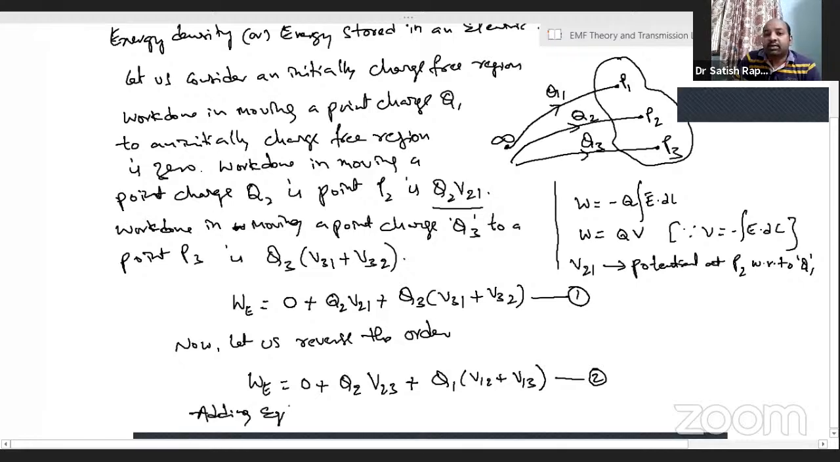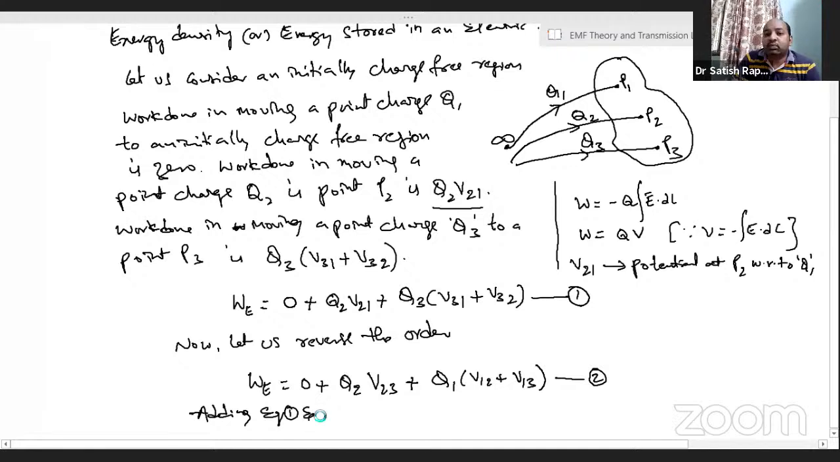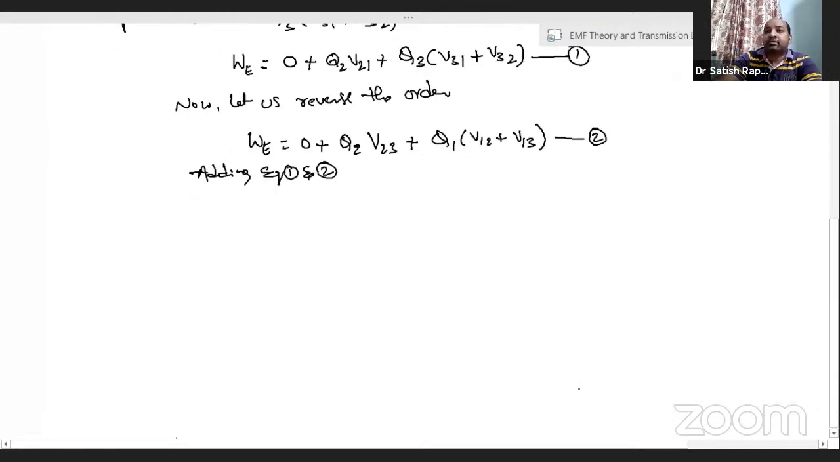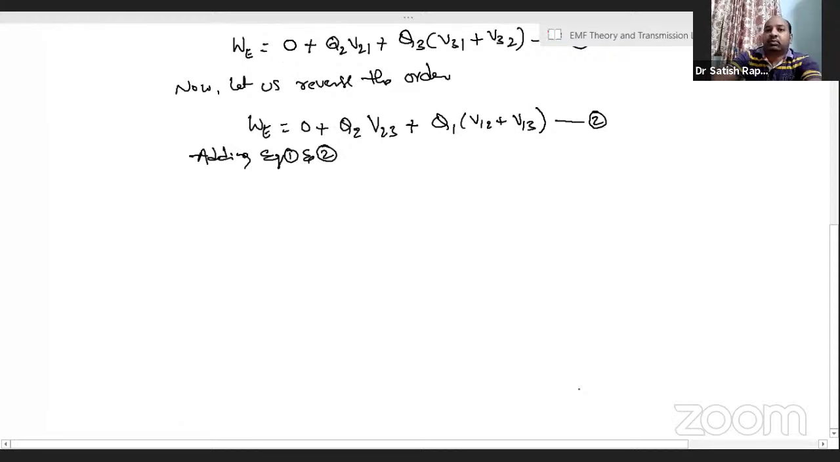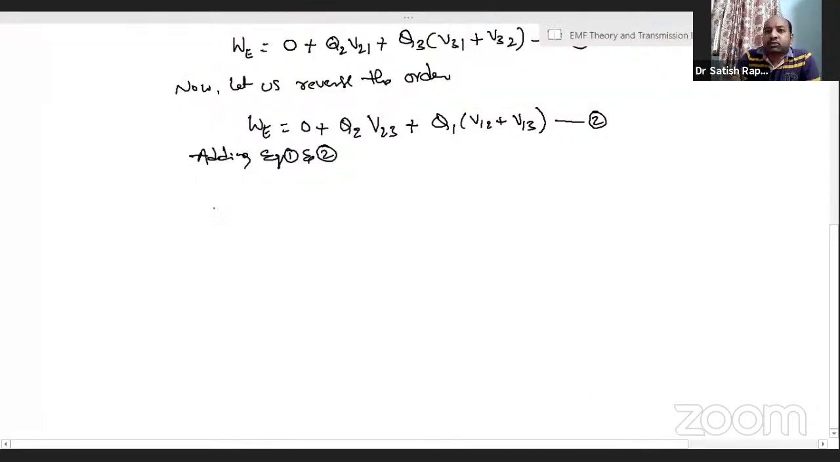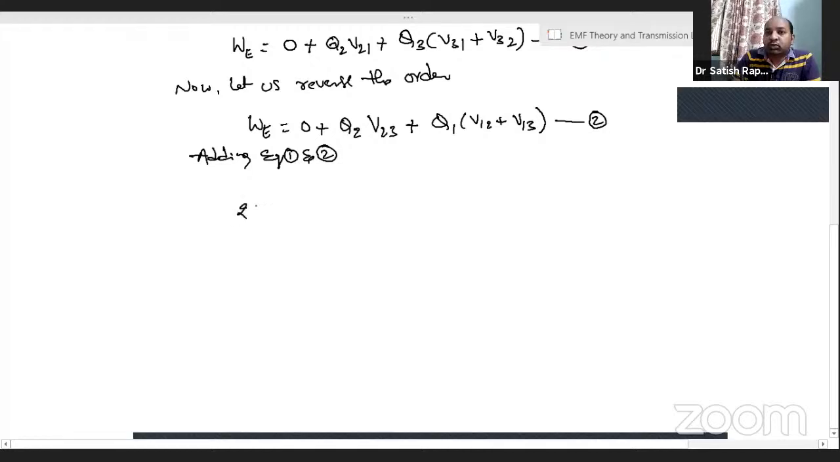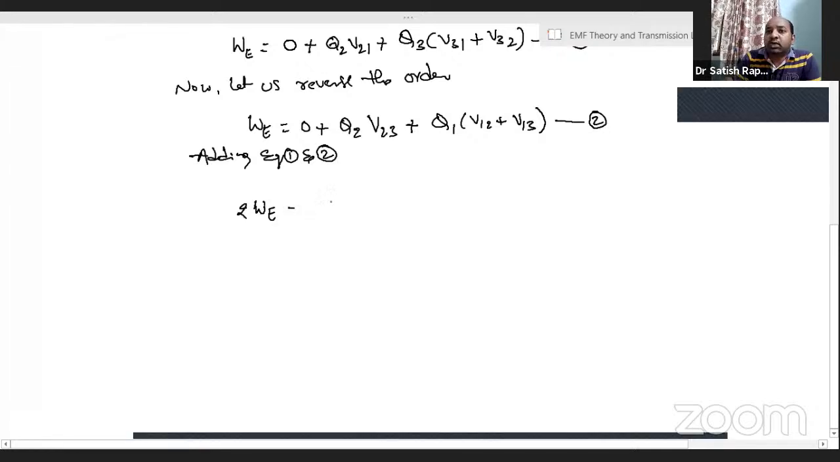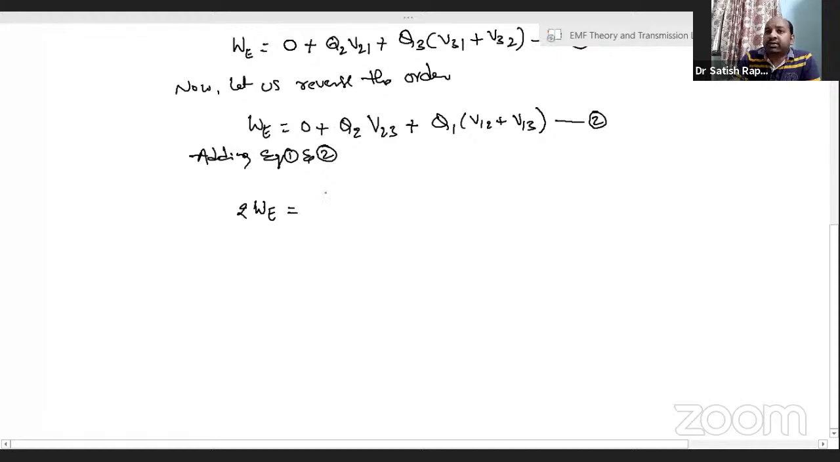Adding equations 1 and 2, what we will get on the left hand side is WE. So therefore, 2 WE on the left hand side. This is equal to adding these, what we'll get,